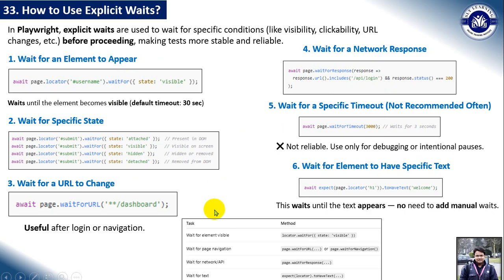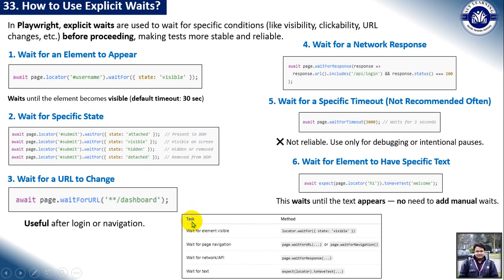Okay, and let's quickly see this particular block. Task: wait for element visible, that means locator.waitFor state visible. Wait for page navigation, page.waitForNavigation, these are the commands that can be used. Wait for the network or API response, that means waitForResponse. Wait for text, expect locator toHaveText and the text information. Okay,